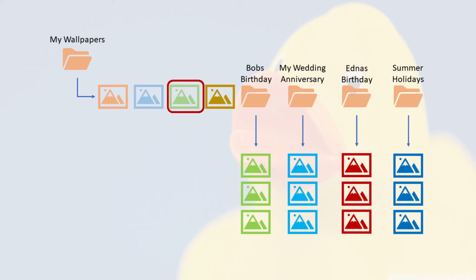However, if my wedding anniversary is coming up and I want to have desktop wallpapers that remind me of my wedding, then all I do is set my desktop personalized folder to the My Weddings Anniversary folder as shown here, and now the wallpapers cycle through pictures of my wedding. If a week after my wedding anniversary has passed, I want to go back to my default wallpapers again, I just need to change the desktop personalized folder back to the original one, and it is done. In the next section we will jump to the desktop and I will show you how to set these up.